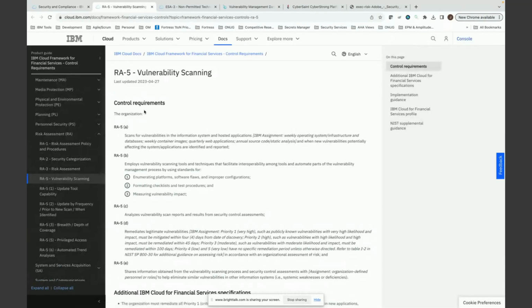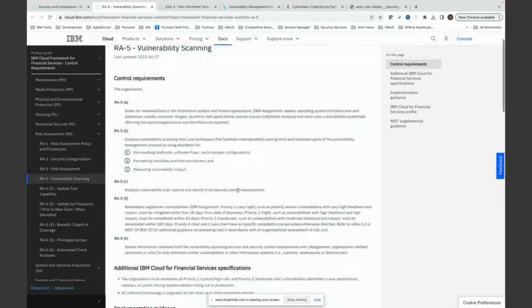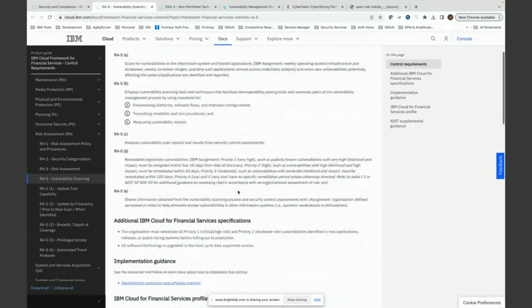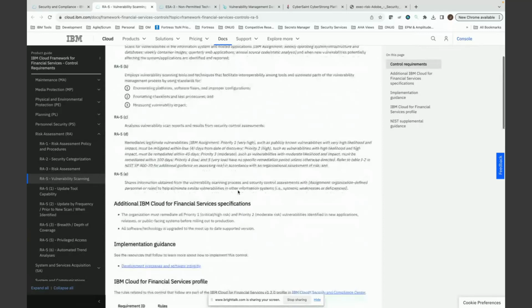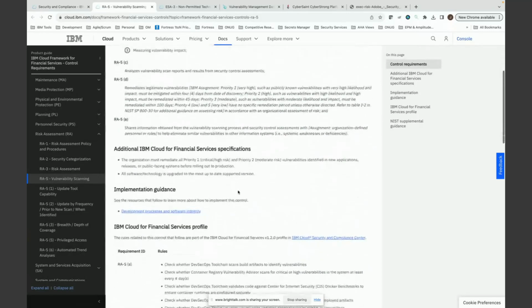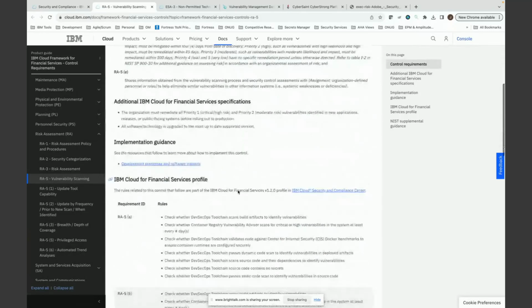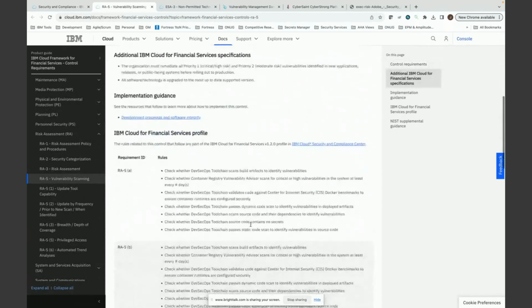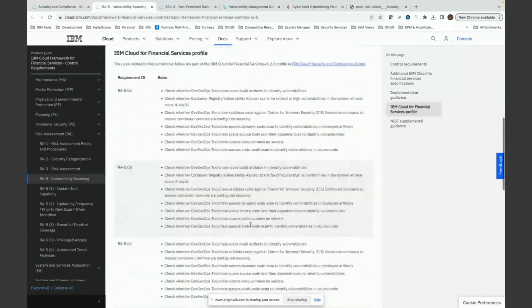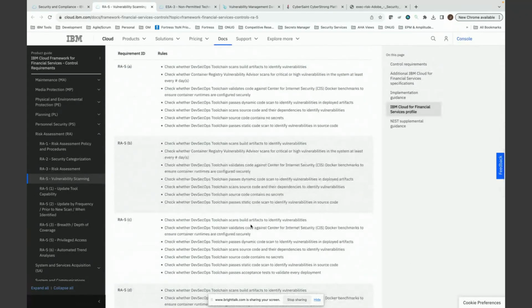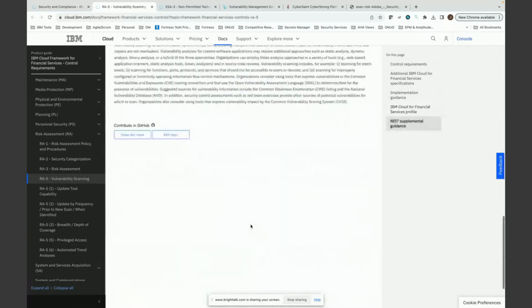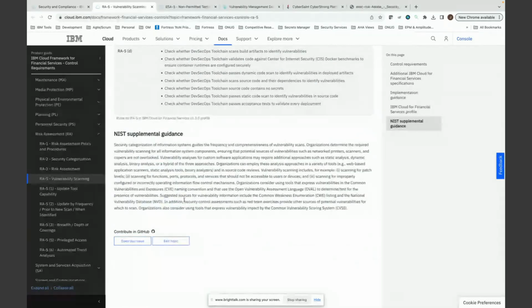You can really see, again, the control requirements within each of those in relation to NIST, as well as any sort of additional guidance that we have for IBM Cloud and our financial services cloud, and as well as the rules and requirements that we have in support for that. And all of this is going to be really well integrated into CyberSaint that we'll see here shortly, in addition to any sort of NIST supplemental guidance. So that's really end to end, what we're offering at the board level and being able to really address those